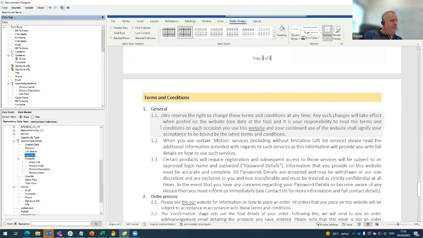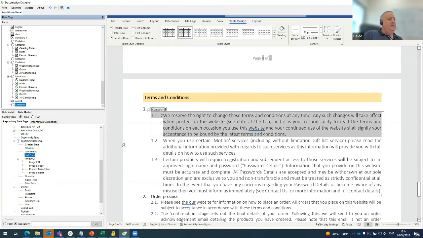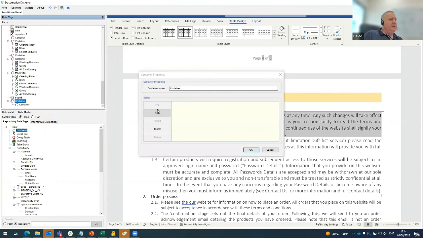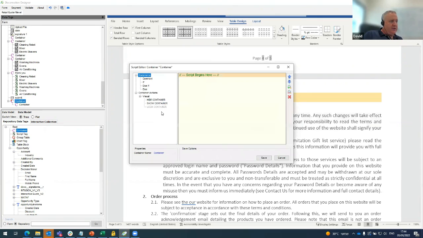In this case, I have terms and conditions. Maybe there's a specific clause in the terms and conditions that you want to hide, or you want to change it, say from English to another language. I can do that by selecting that specific piece of text, going to a container and saying I want to surround that with a container. I can go into the container object, and here I can apply my logic. For a simple example, let's hide the container by default, but then based on a